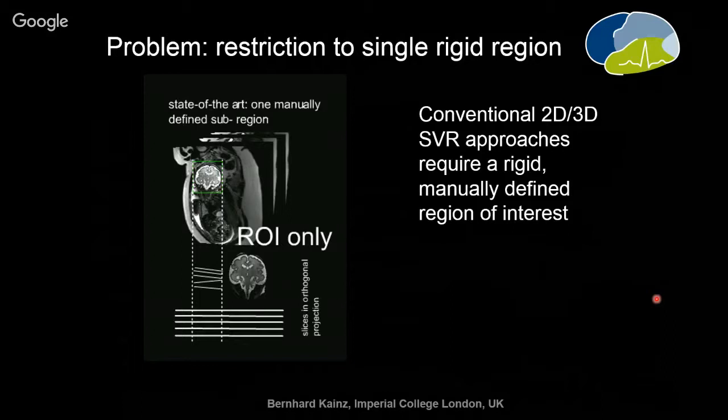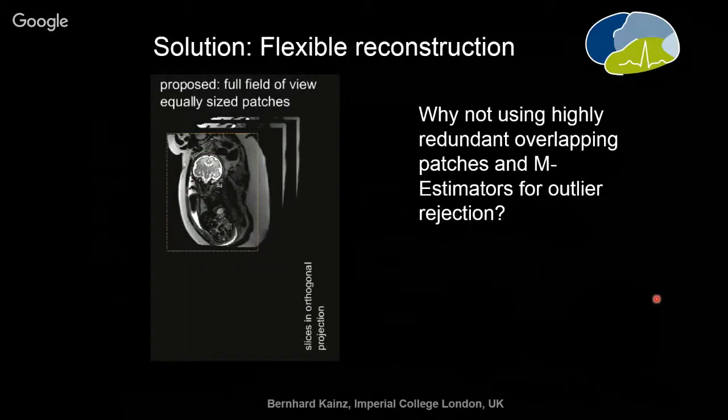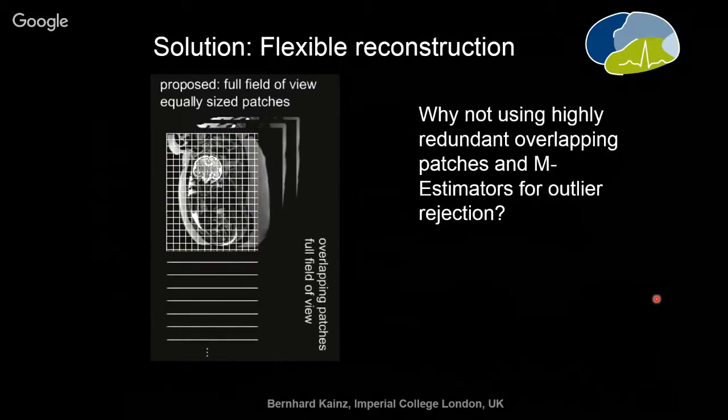Since we saw that we have quite some computational resources left on our GPUs, we increased the redundancy even more, significantly more, and split the whole image into very small, but overlapping patches, for example, this kind of square patches, and did a similar approach to slice-to-volume registration on these patches, but with an additional layer of robust statistics to get rid of very redundant patches. And the patches are actually carved at some point to get rid of information which gets misregistered. And this is a naive approach to do